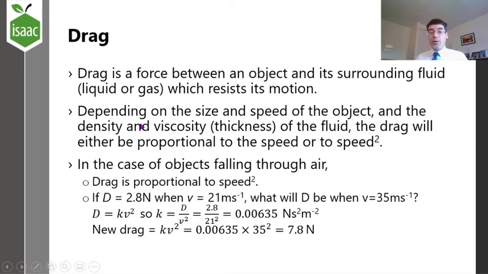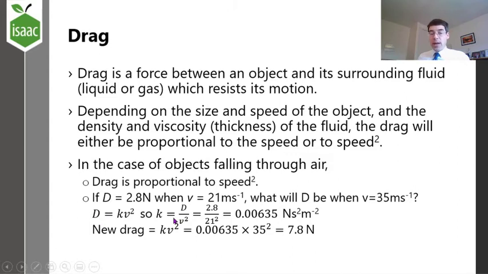And when you have objects falling through air, which are typically the scenario that is set in your questions, then the square is the more appropriate assumption. So drag is proportional in that case to speed squared. So you could have something like this. If you've got 2.8 newtons of drag at 21 meters a second, what will the drag be at this higher speed of 35? Because we know that drag is proportional to speed squared, we would write an equation like this